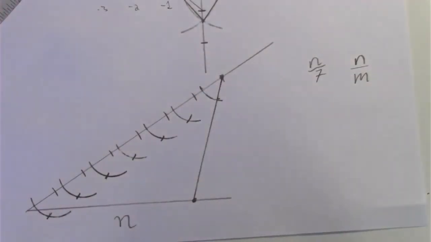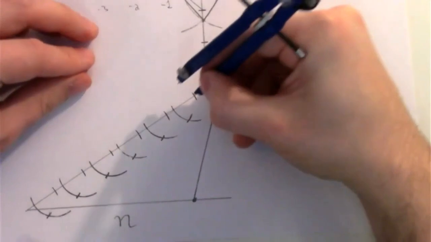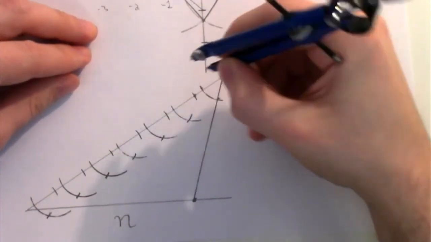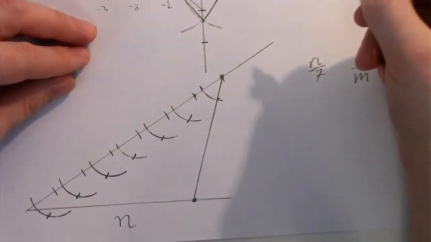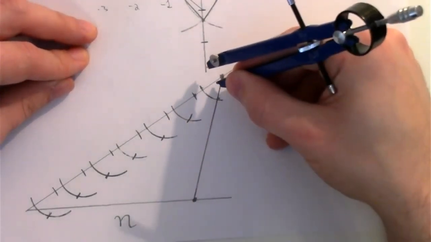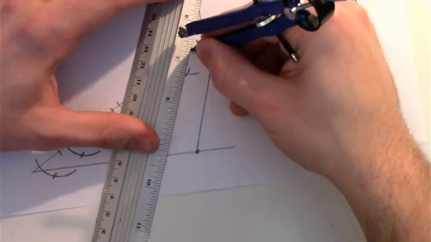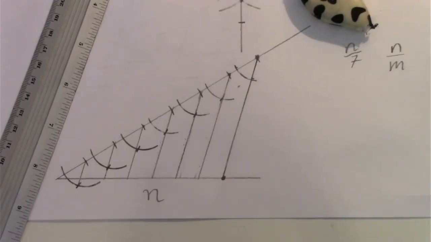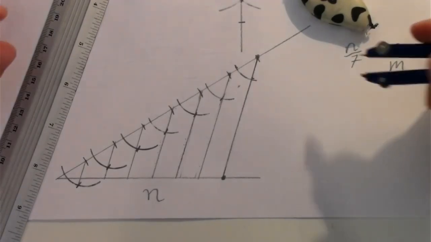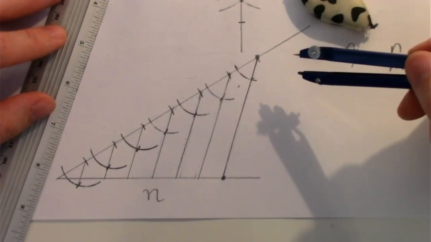And now my claim is that the line from the point where we're trying to create a new angle to this new intersection point creates the exact same angle here. So let me draw all of these in first. Okay, now that I've used my superpowers of time travel to finish drawing in all these lines, you can see